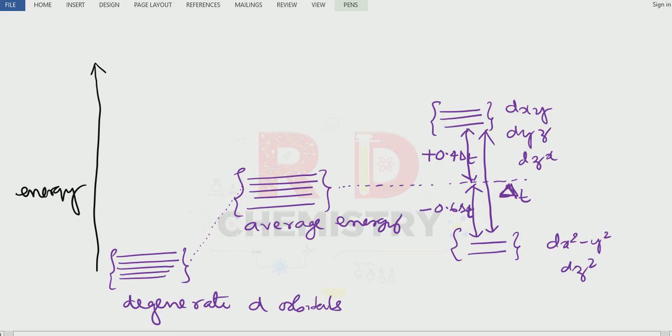Now, names are also slightly different. They are now called only T2 and these are called E. The G is removed when compared to the octahedral. In case of octahedral, 6 ligands approach symmetrically along the 6 directions toward the central metal atom. Here, they approach alternately toward the tetrahedral directions. So this is known as the crystal field splitting or d orbital splitting in case of the tetrahedral complexes. Hope it is clear to you people.